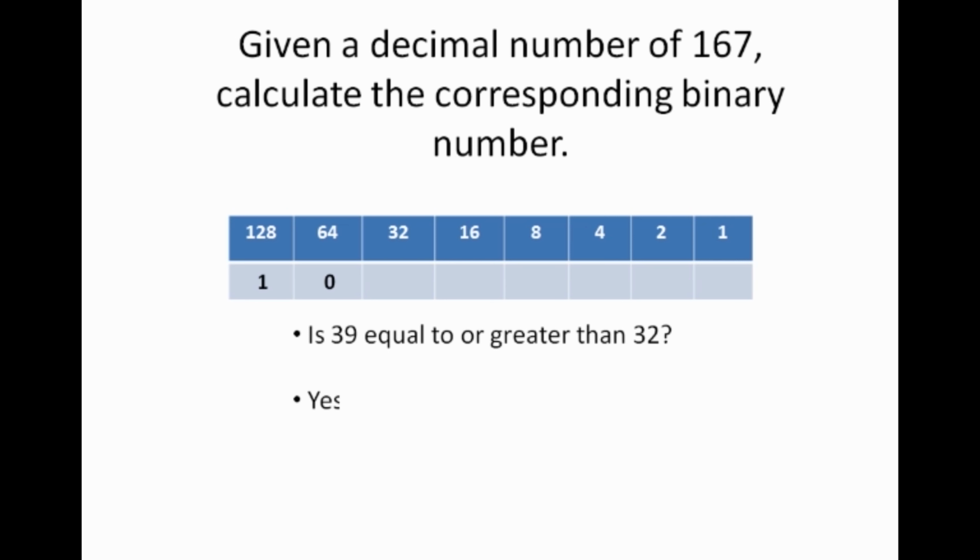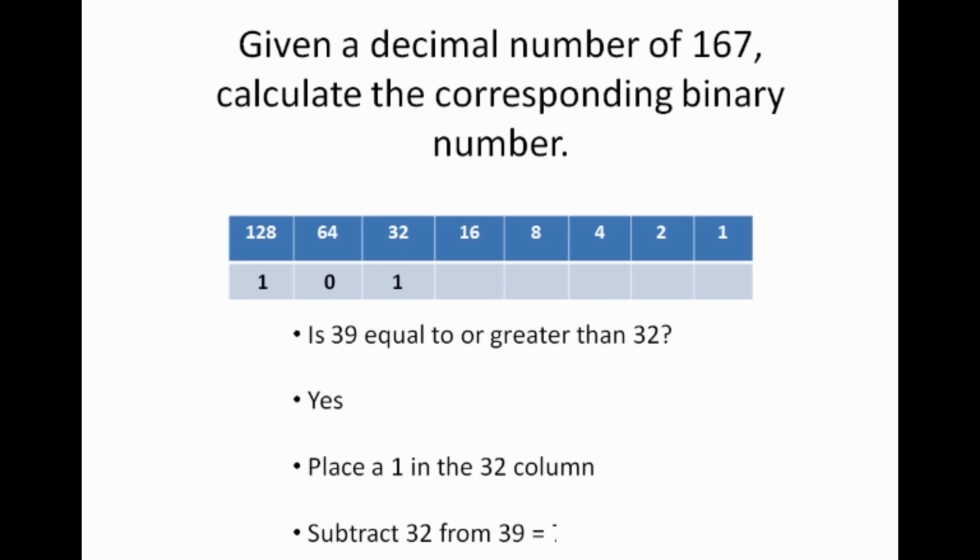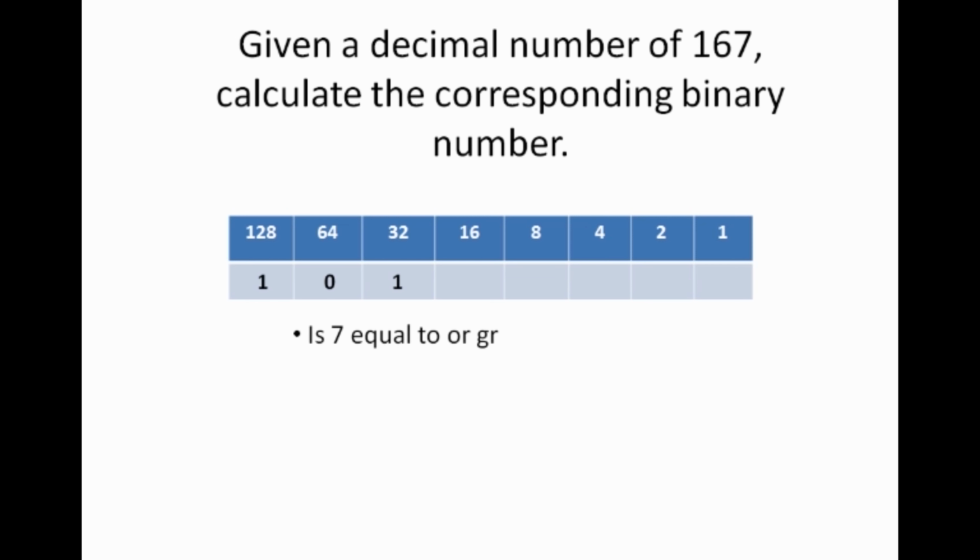Yes, it is. And remember what we did with the 128 column? Because 39 is equal to or greater than 32, we're going to place a 1 in the 32 column, and we need to calculate a remainder now. What's left after we take away 32? What is 39 minus 32? It's 7. When we go to the next column, the 16 column, we're now going to be asking, is 7